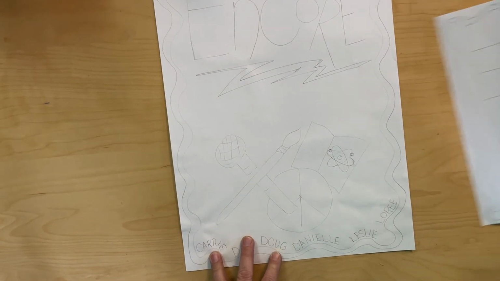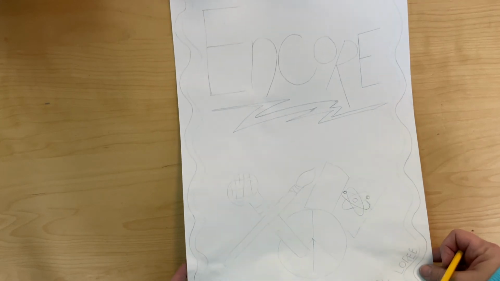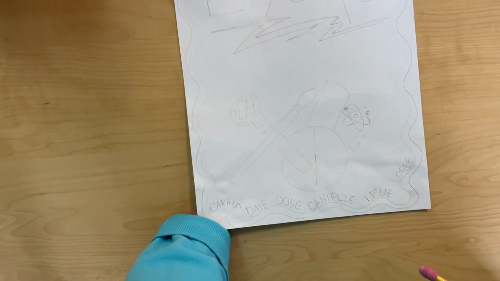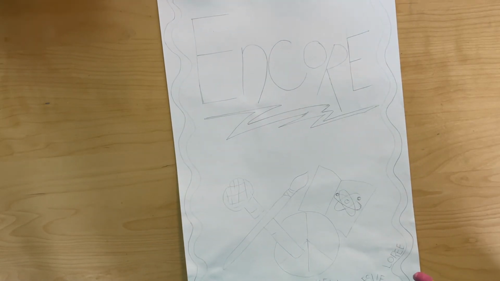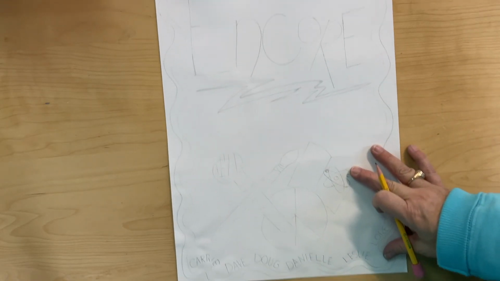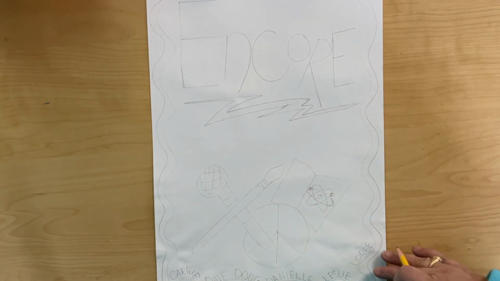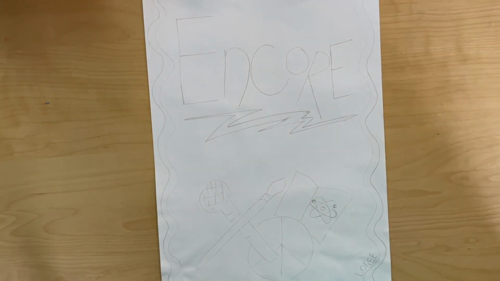All right, so the end of day 2, we're going to be able to get everything laid out on our poster paper, sketch lightly, because the next time we work on this, we only have one more day to work on it. We're going to need to add color. All right, so that is what we're going to do. So I'm glad that you sketched lightly. I'm glad you got everything on here, and any final little changes that you needed to make to it, you did. And now you are ready for the